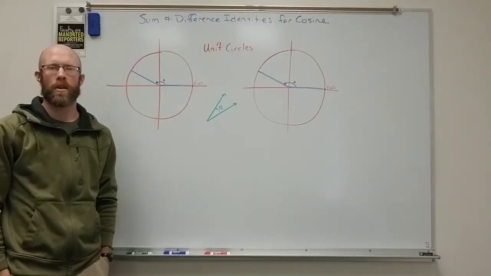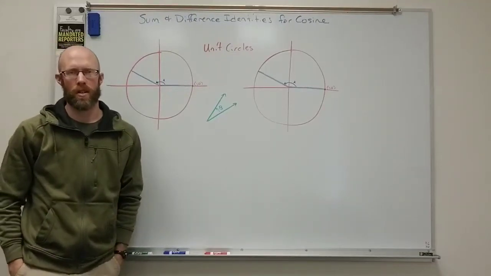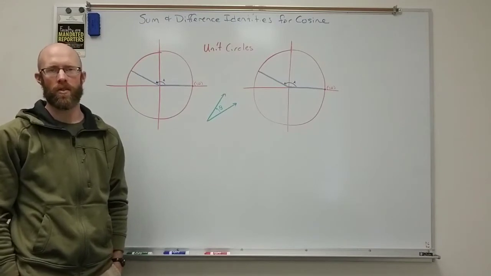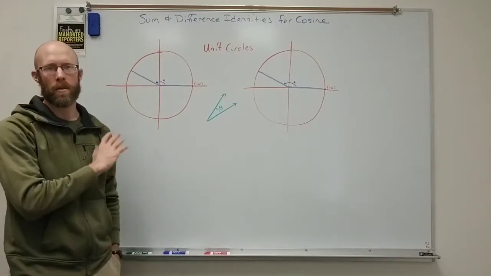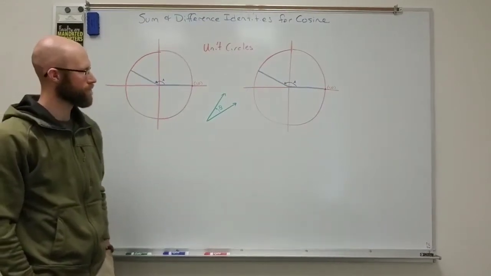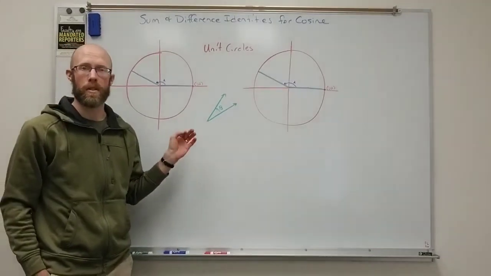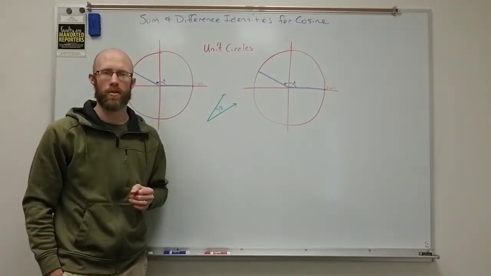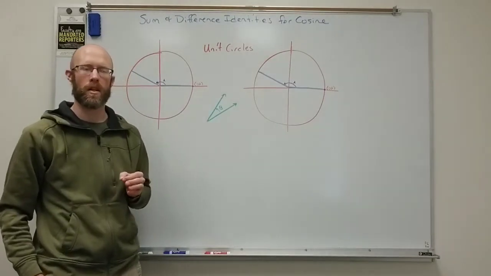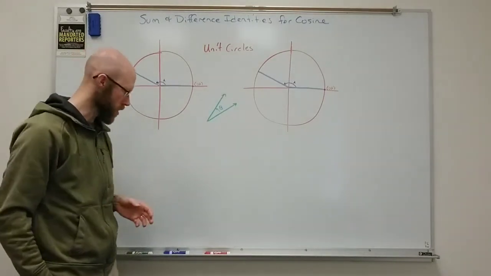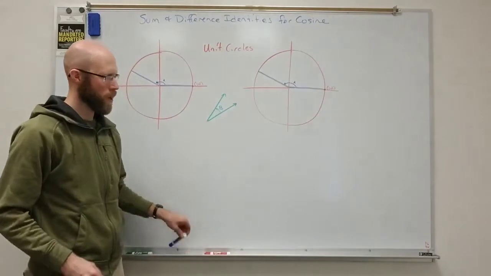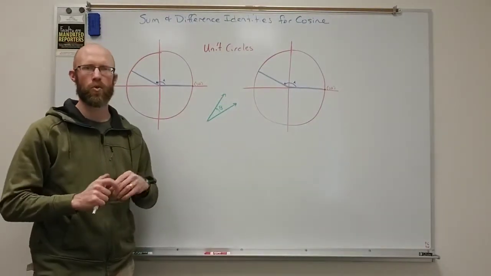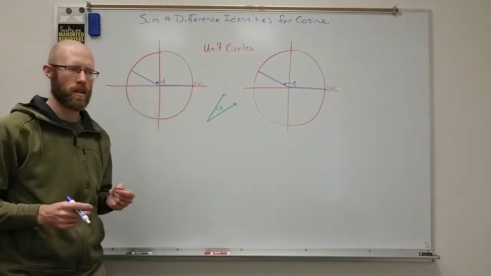The next topic we're going to talk about with identities are the sum and difference identities for the cosine. I have a couple images up here, or diagrams, that we'll be discussing. It's going to help us to understand what's going on here. But basically, the idea is this: if you were to take two angles and add